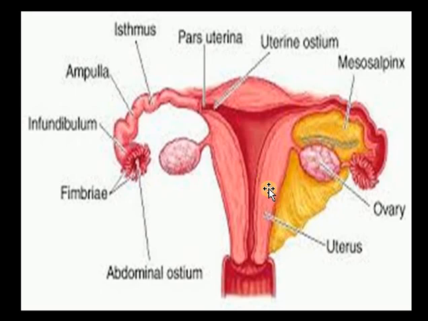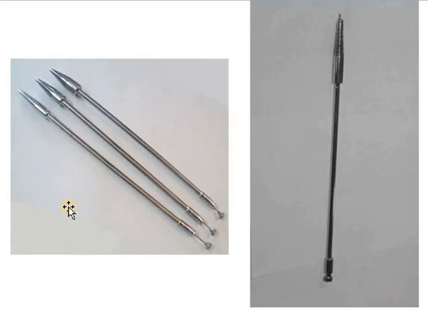Then next, this is the HSG cannula, the main instrument used here. This also we'll review in short. The HSG cannula has this frontal part through which we will insert it into the uterus. So through the cervix we insert it into the uterus, and once this HSG cannula is inserted, we will remove this shunt. This is the HSG cannula shunt. This shunt will be removed, and in place of the shunt we will put a 5 cc or 10 cc syringe filled with the radiopaque dye for helping us in assessing the X-ray study.